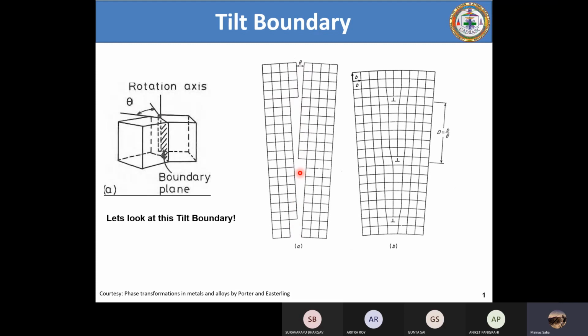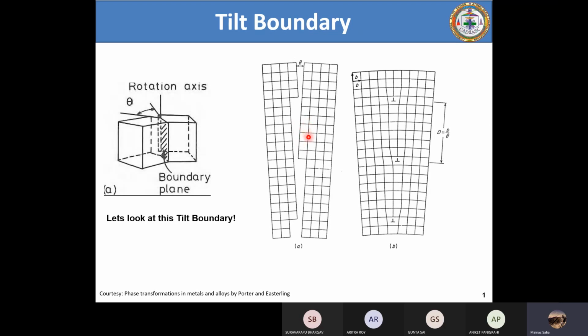The grain boundary, of course, will have a coordination number. And if you think of the coordination number, look at this atom, this atom, and all these atoms. What do you see? You see that these atoms are well surrounded by a fixed number of atoms, right? But a boundary also has a certain number of atoms surrounding it. Suppose you consider an atom here at the boundary, it might have an atom here and here which are surrounding it. But now it is directly surrounded by how many atoms?